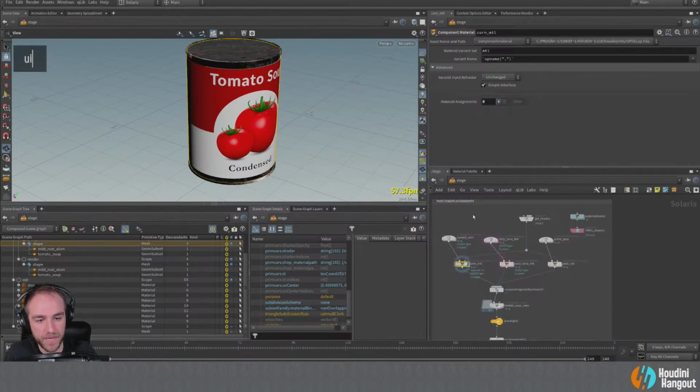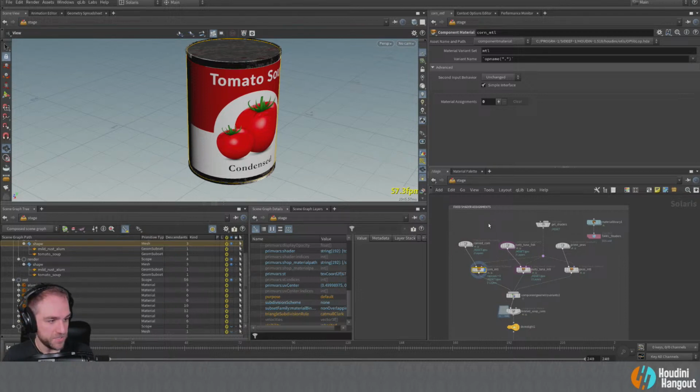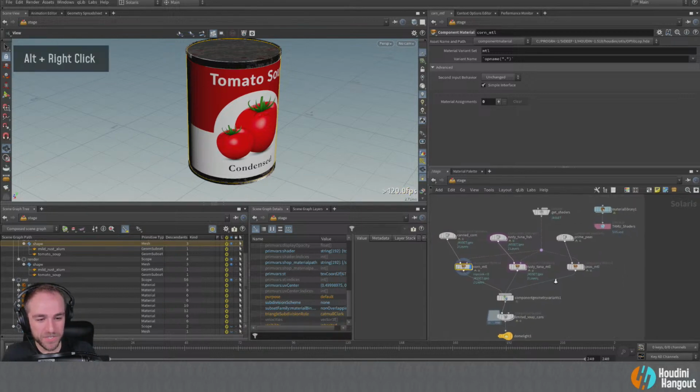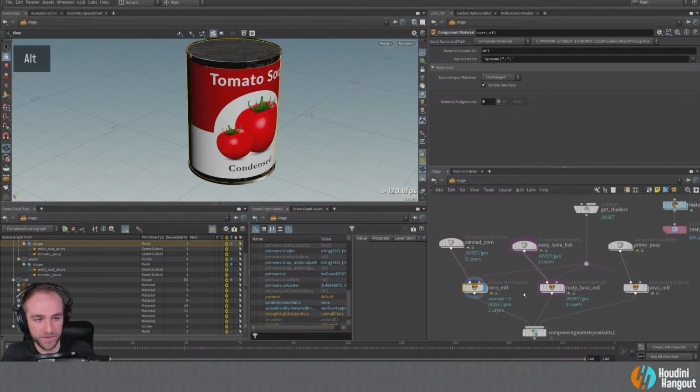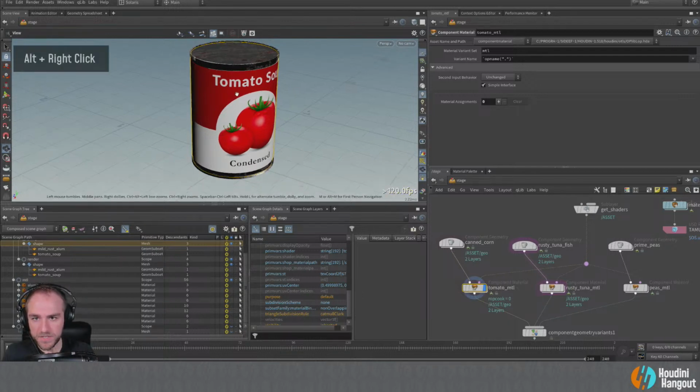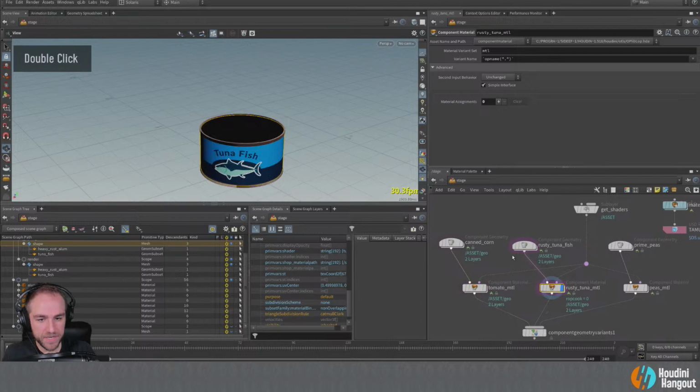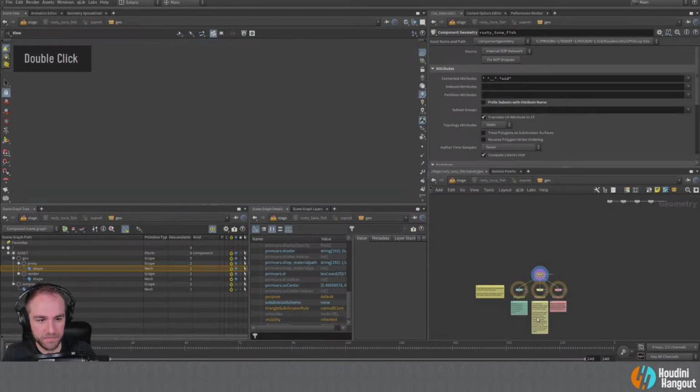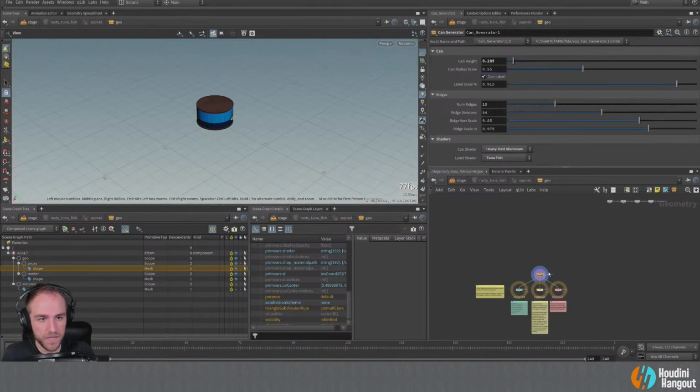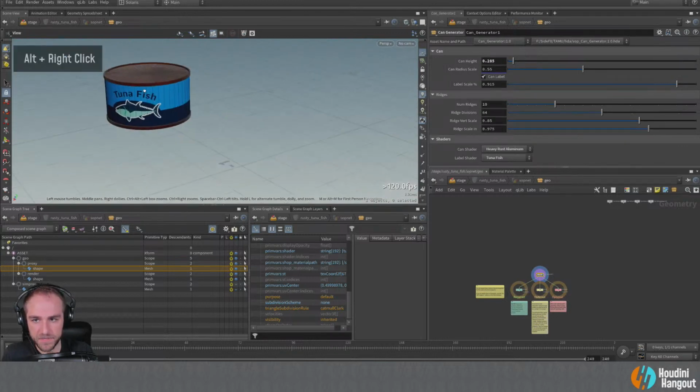So that's pretty much what it's doing. It's a little bit different way of doing it, but it's slightly more advanced, but we'll just kind of look at the finished, pull the baked cake out of the oven and just look at this one. So what I'm doing here is basically setting up a few different shaders, right? So I've got this, we'll actually not call this corn material, we'll say tomato material. So there's our tomato soup can. We have a tuna can. So here in this one, I've set this up to be the heavy rust and tuna fish. So those are both coming out there.